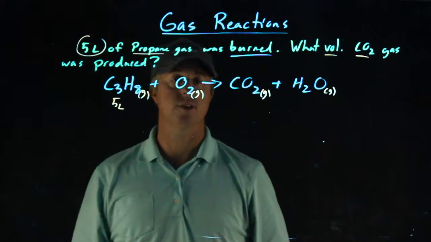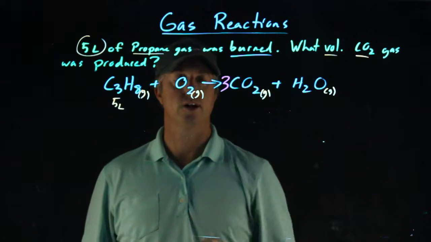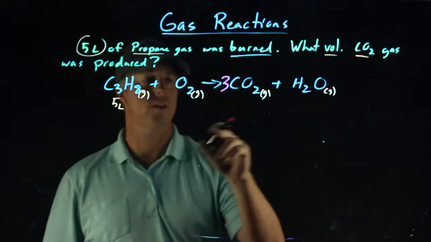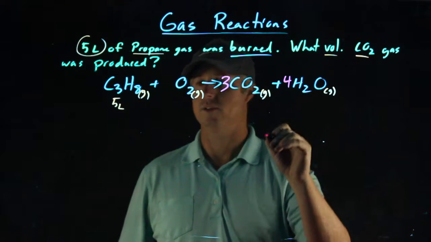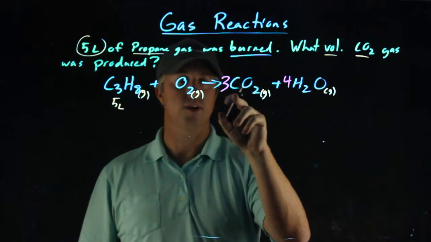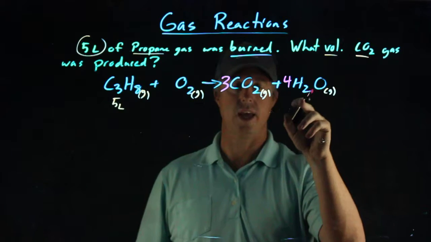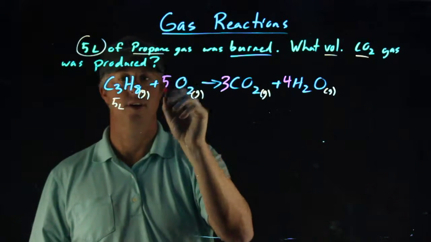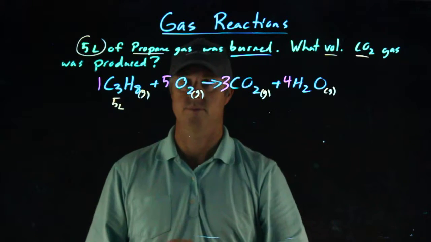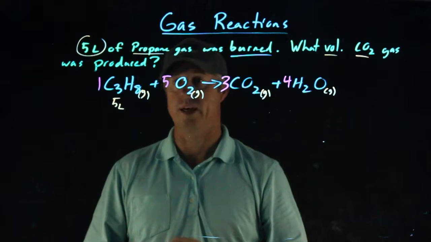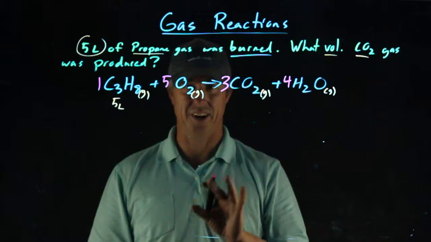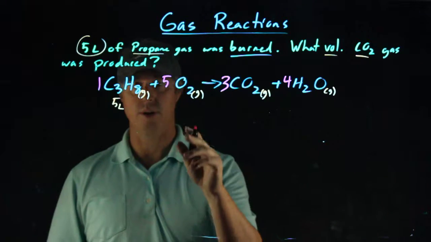I have 3 carbons on this side, so I need 3 over here. I have oxygen in too many places, so let's move to the hydrogens. I have 4 there, which means I need 8 here, which means I need 4 here. That gives me on this side 3 times 2, 6, plus 4 times 1, 2, so 10 oxygens, which means 5. So it's a 1 to 5 to 3 to 4 ratio. Now, that's our mole ratio. The mole ratio is going to match with our volume ratio. And I'll show why in a second, but all I need to do, if I want to know the volume